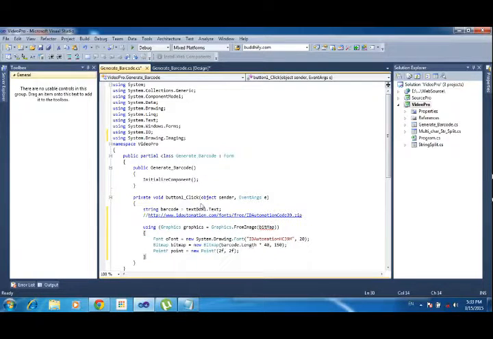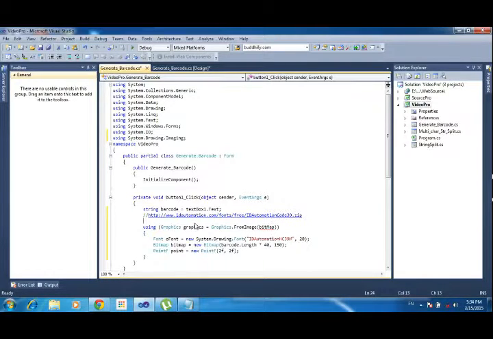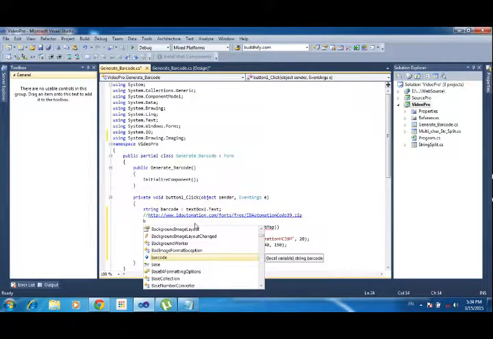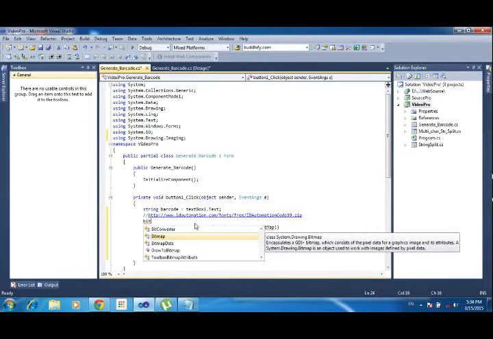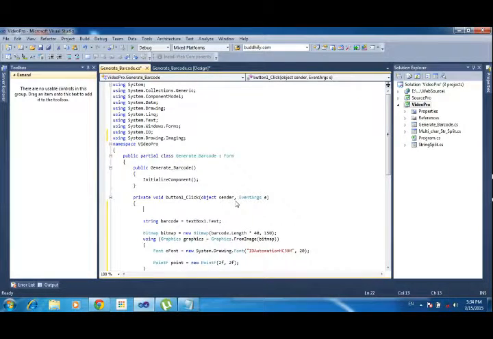So you have to assign the particular bitmap variable. Just cut this variable and paste it outside. So copy this variable name into here. So I declare that variable here.